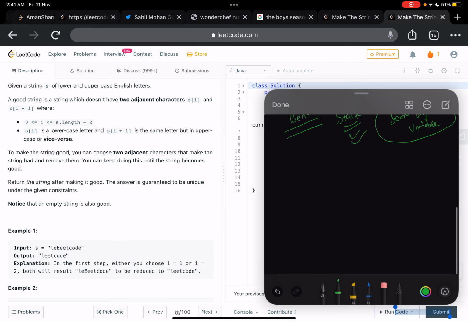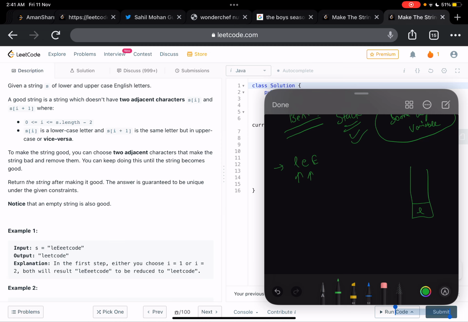Just take this one as an example: small l, small e, capital E. First I will start my pointer from here. I will make an empty stack and check whether my stack is empty. If my stack is empty, I will put this data into it. Now my small e will be coming. I check whether my stack is empty. No, my stack is not empty. So what I need to check is that the data on the top of the stack